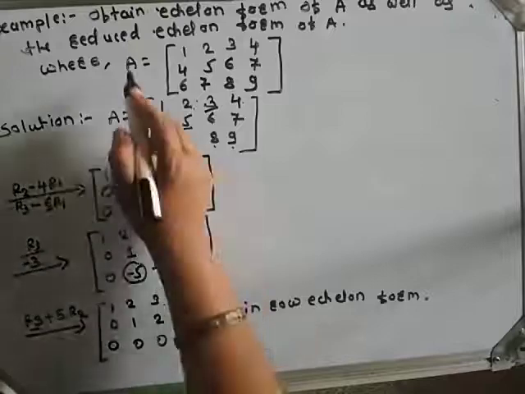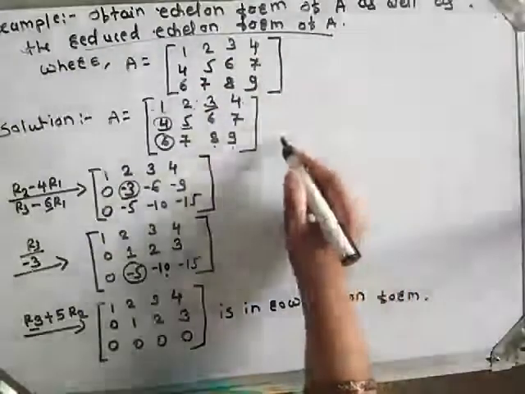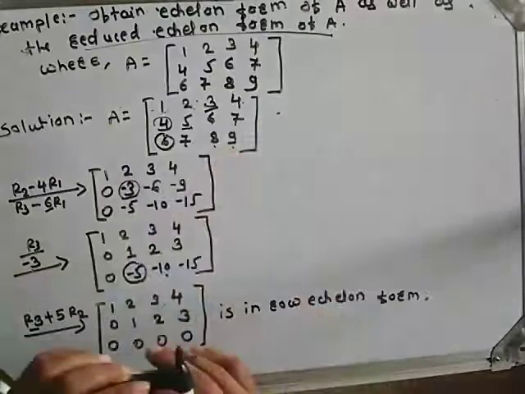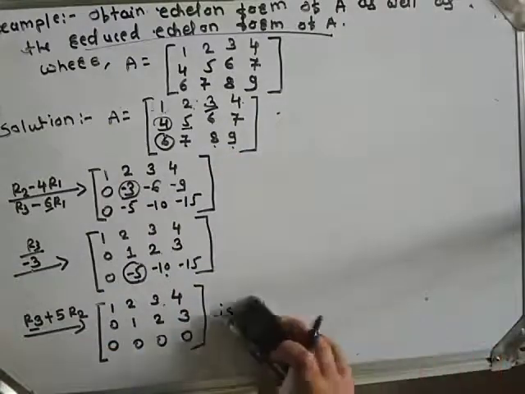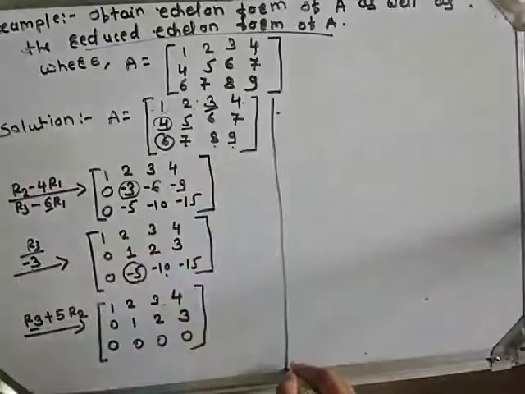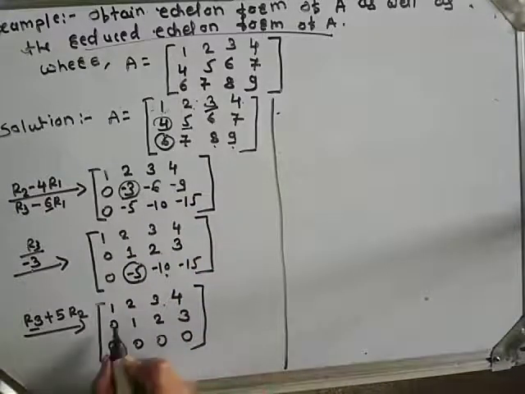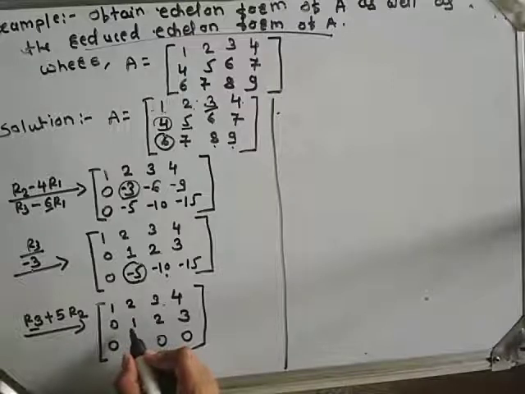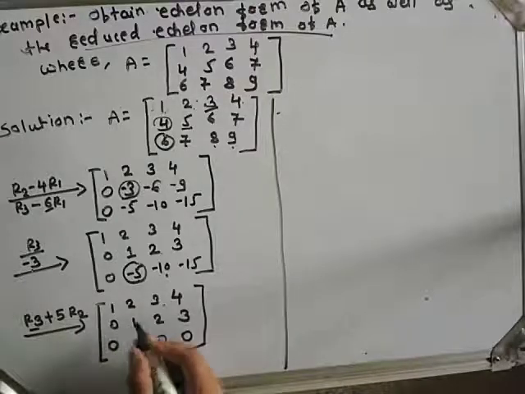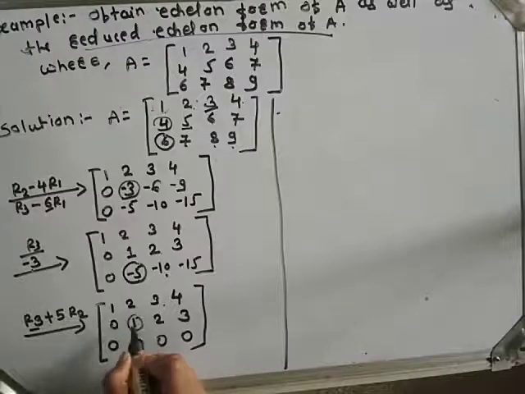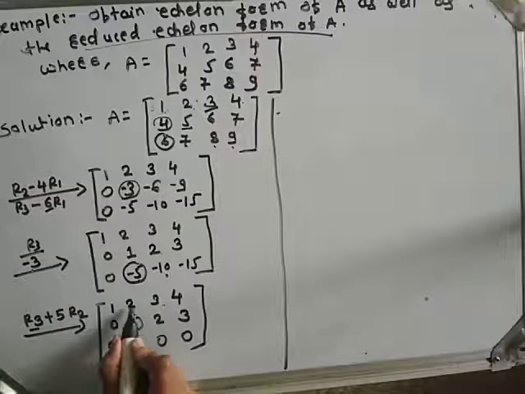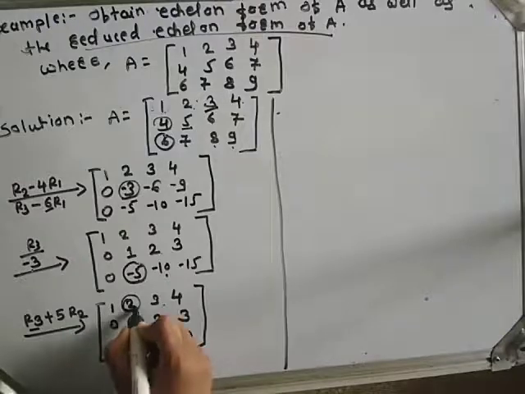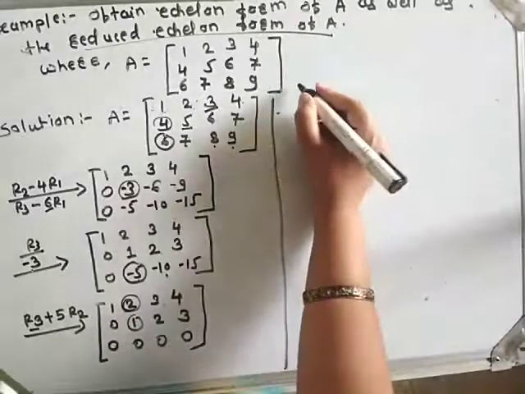Now we have to obtain reduced row echelon form. In reduced row echelon form, leading one is the only non-zero entry in its column. So here in this column, this one is leading entry. So here we require 0. Therefore, we perform operation